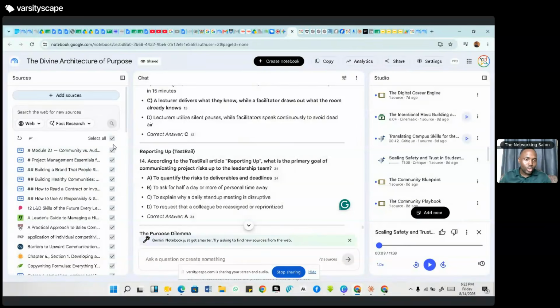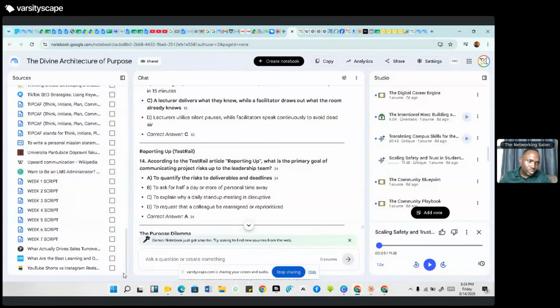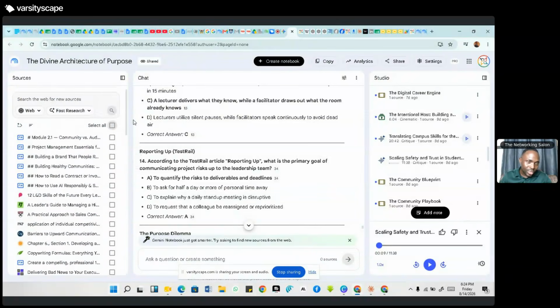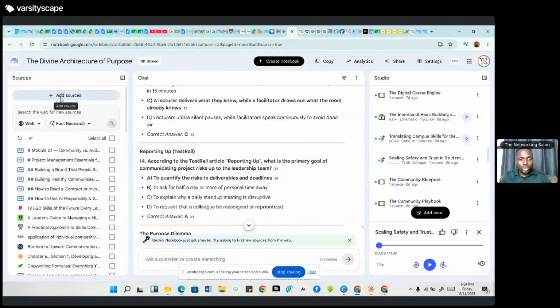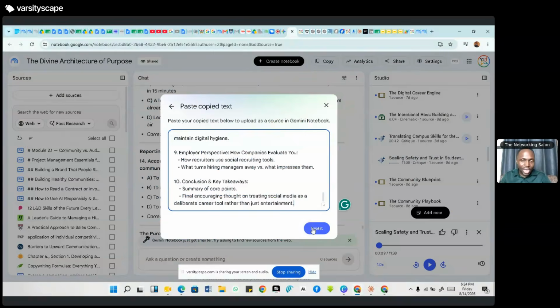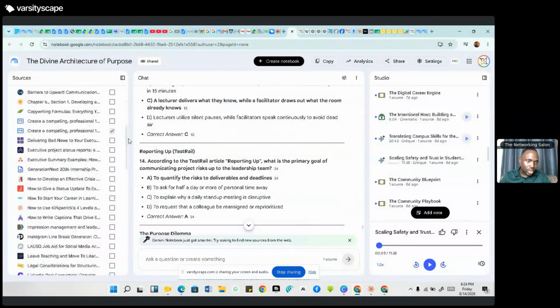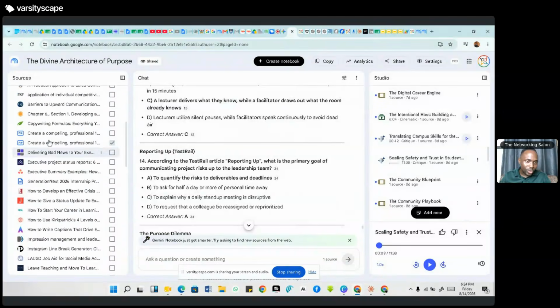And I'll show you the source here. If you scroll down now, for example, I've unchecked it, right? Let me uncheck it. Let me add the source now. When I click copy text and paste it, then click insert, you see it here. It automatically gets into your sources and it's highlighted. That particular one, and once it is checked like that,